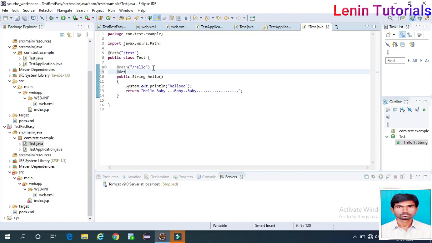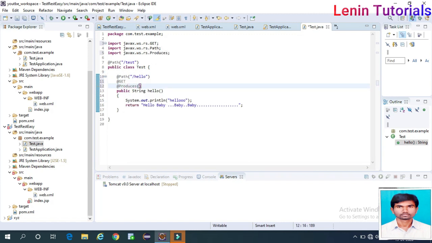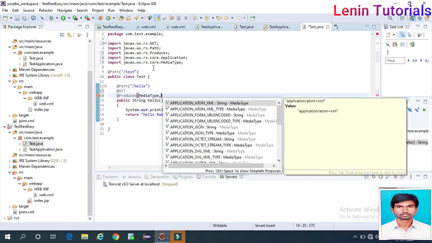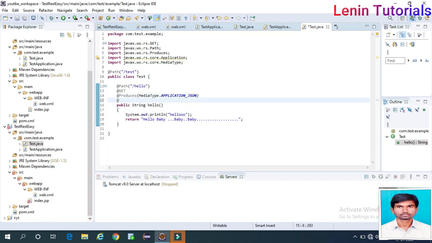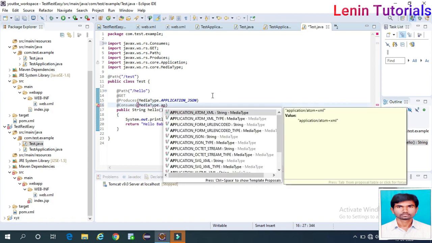This is the GET method. What it produces, we write @Produces, MediaType.APPLICATION_JSON, string is taken. Then what it consumes, @Consumes, MediaType, same only, APPLICATION_JSON, only string type.